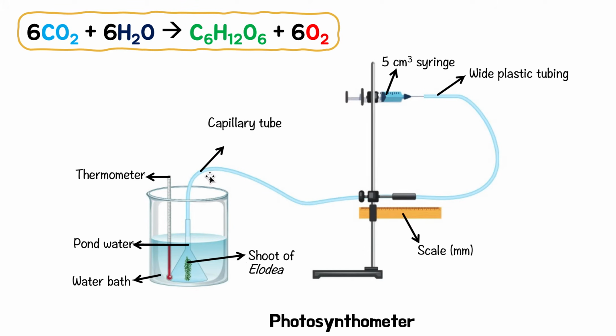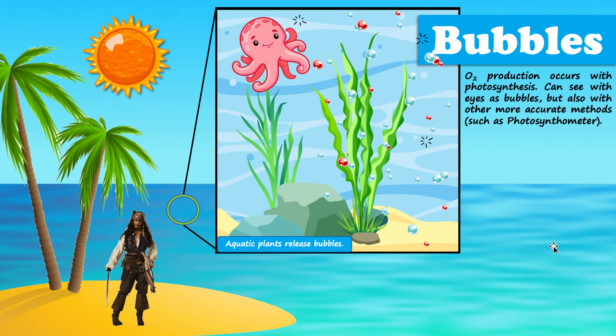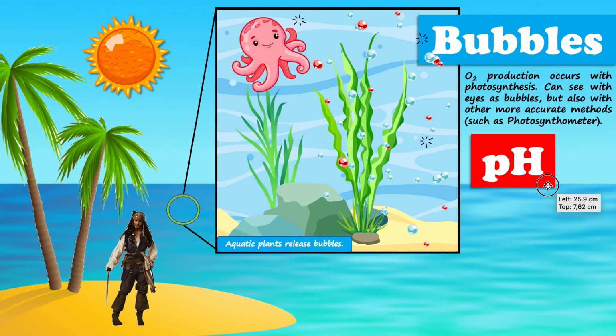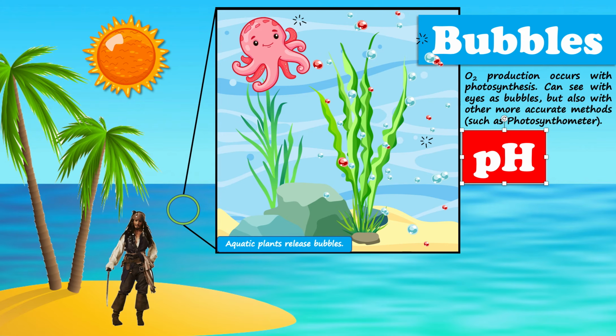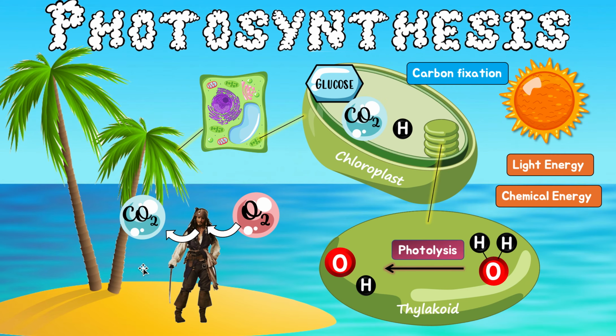Awesome. Now the last one we need to talk about here is pH, okay? So we know that the surrounding water has carbon dioxide and water. Now carbon dioxide, okay, so this one here, when it dissolves in water, it forms something called carbonic acid. So acidic, it's very acidic, okay? Now we know photosynthesis. What does photosynthesis do again? Let me show you.